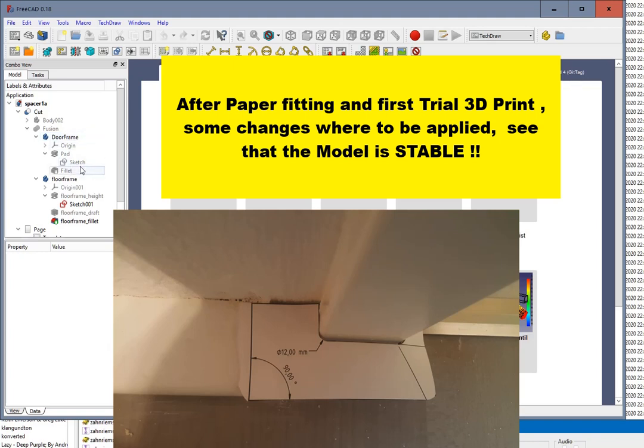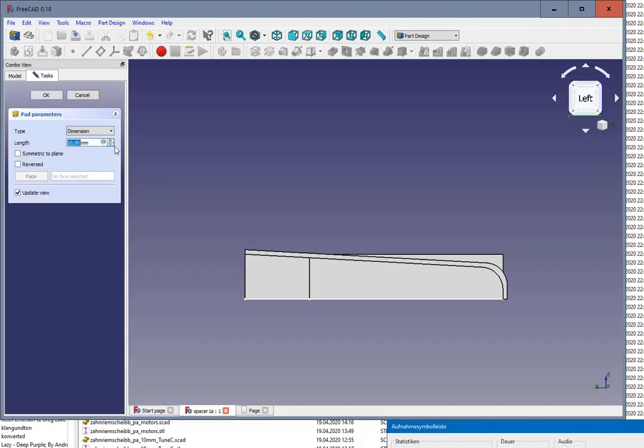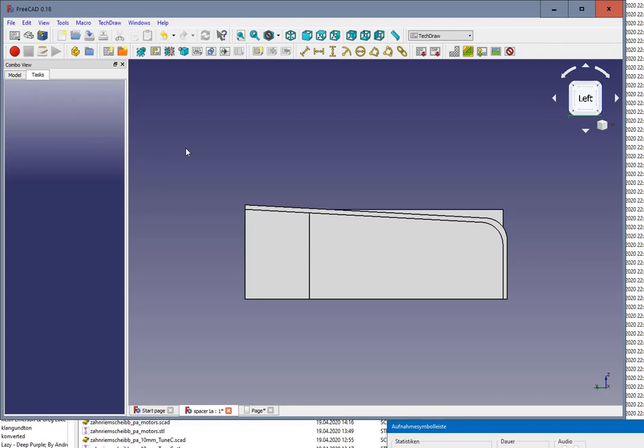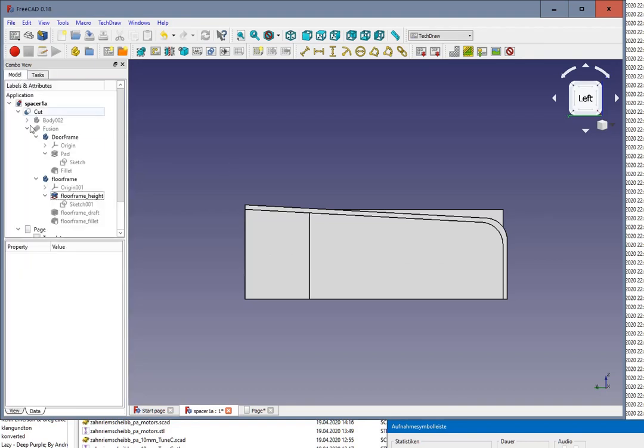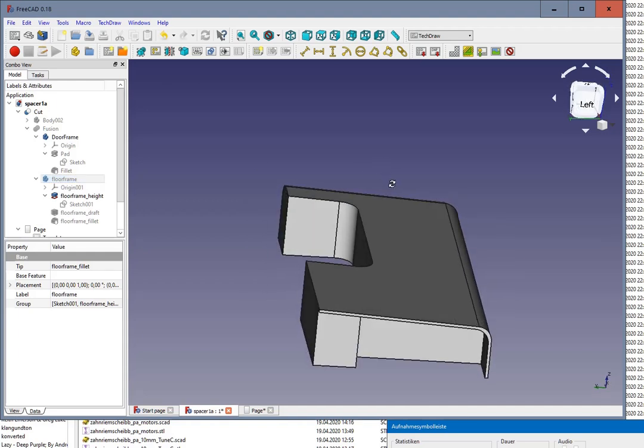I made it too thin, so I need to change the floor frame height to 20 millimeters, and then let's see how that looks if we hide these. Well, it comes out pretty well now,